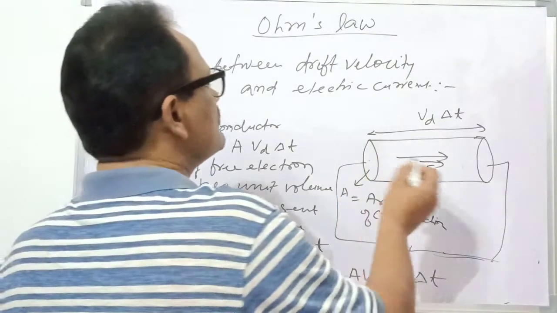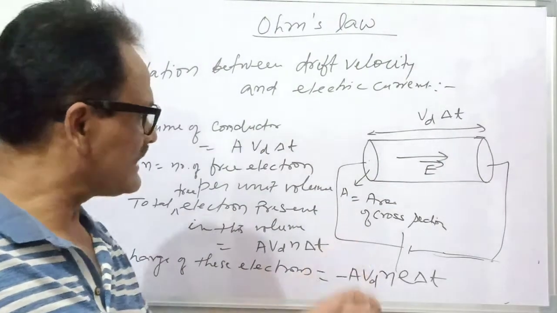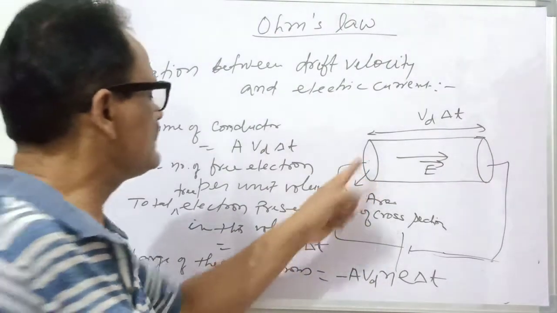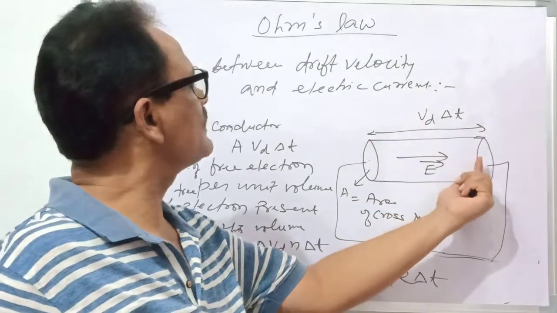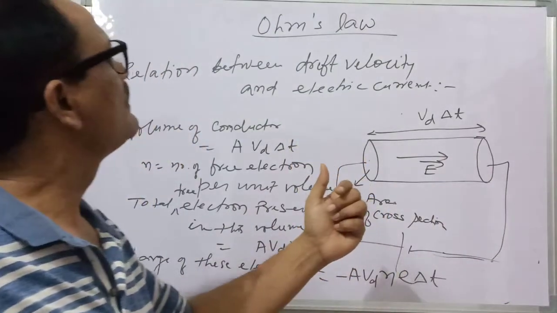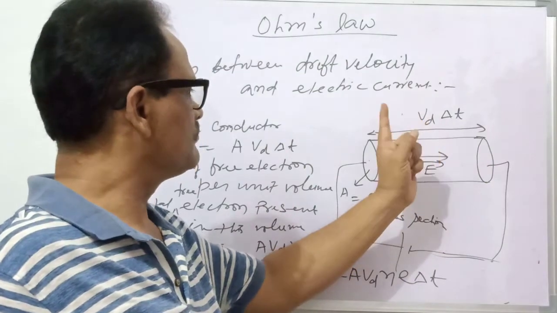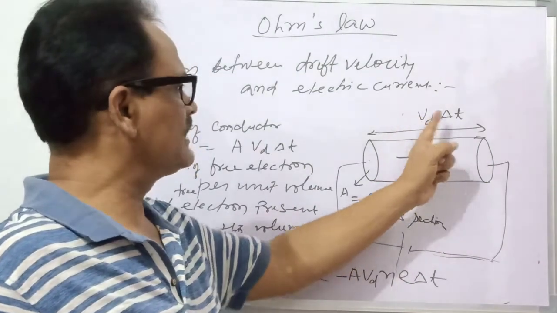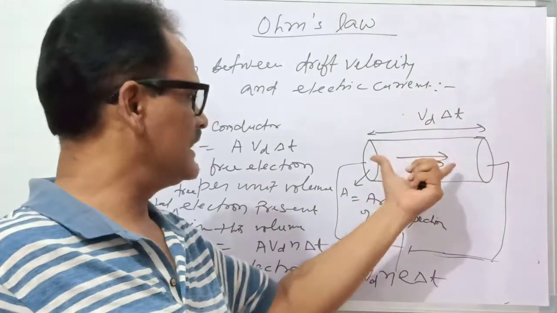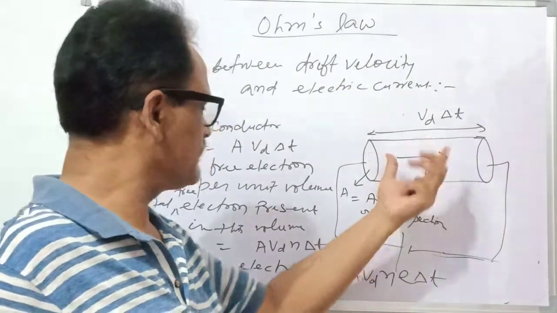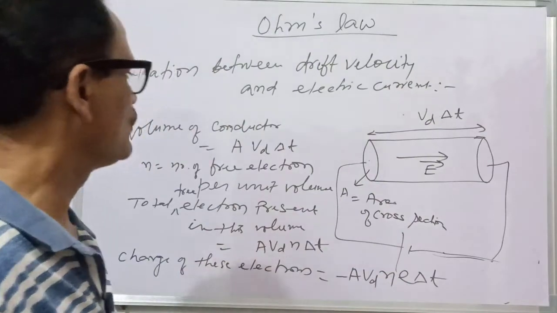Now this charge carrier will cross this given area in delta t time, क्योंकि यहाँ से अगर ये लास्ट इलेक्ट्रॉन होंगे उसको यहाँ तक आने में जो टाइम लगेगा वो टाइम लगेगा Vd डेल्टा टी, तो Vd में डेल्टा टी वो लेंथ कवर करेंगे, क्योंकि यहाँ पर मैंने स्पीड इंटू टाइम लेंथ लिया है। इस प्रकार जितना इलेक्ट्रॉन्स इसमें अभी है वो इलेक्ट्रॉन डेल्टा टी टाइम में इस एरिया से क्रॉस होगा टुवर्ड्स लेफ्ट।